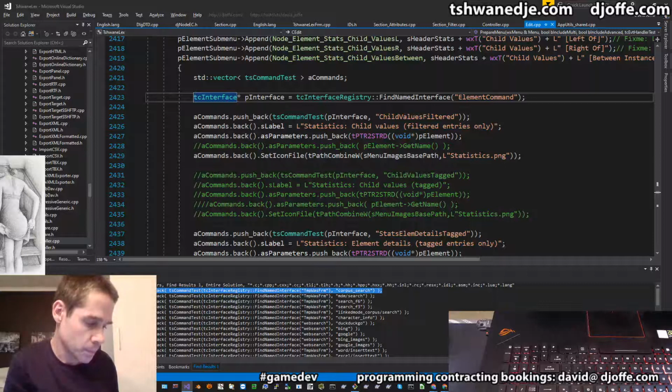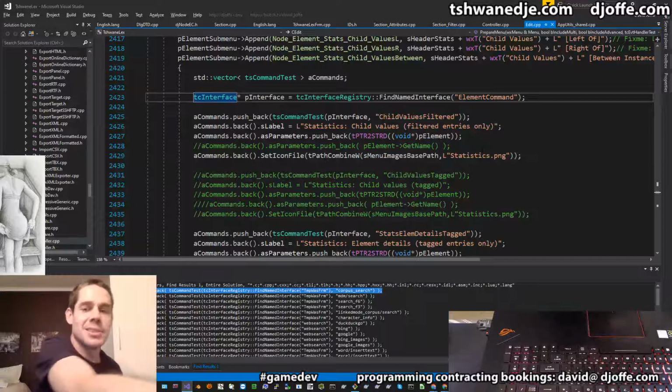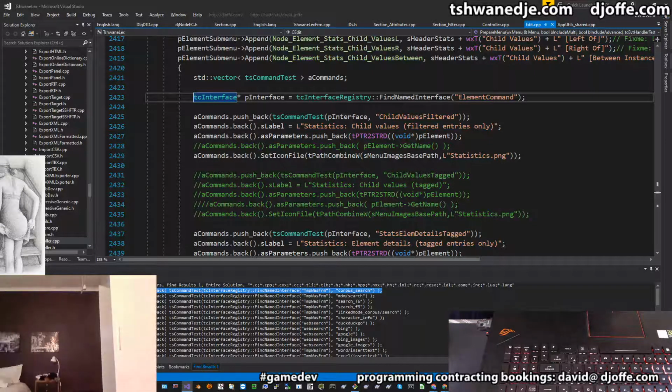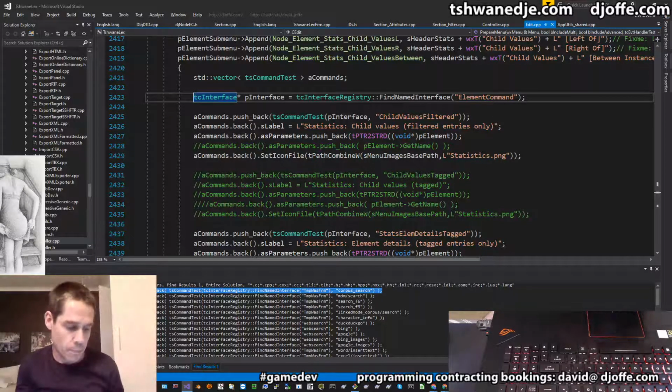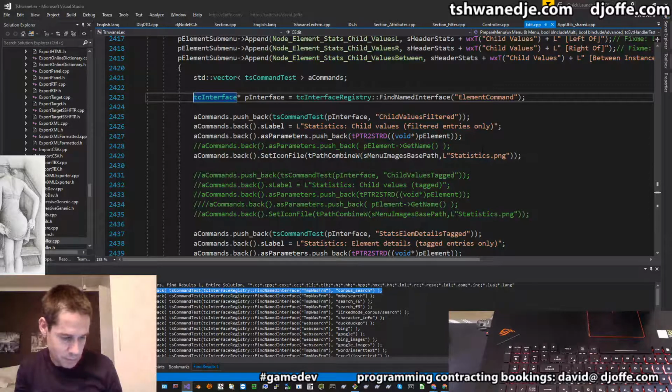Check whether provisioning, right, whether